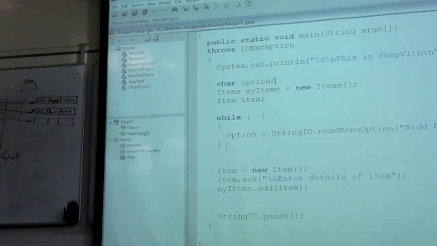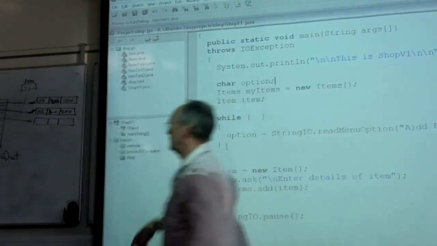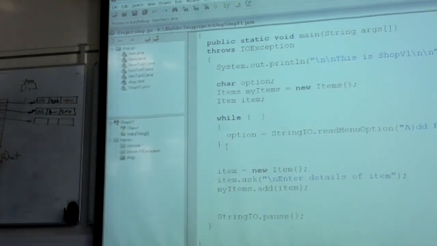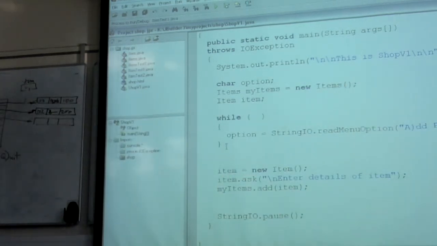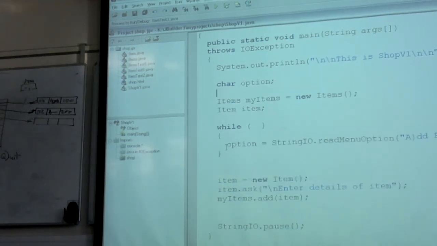So this loop wants to continue all the while. To stop this thing going, the user is going to type Q for quit. A nice little device for having this effect is to have another variable, call it whatever you like, but I'm going to call it finished, which is going to be a Boolean. And the variable